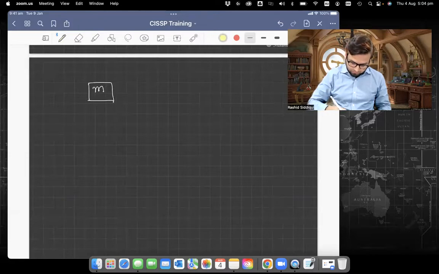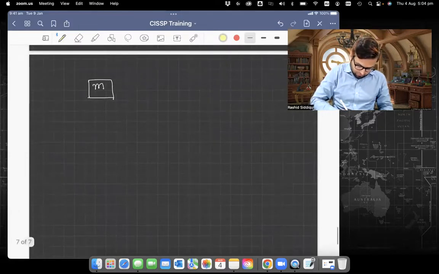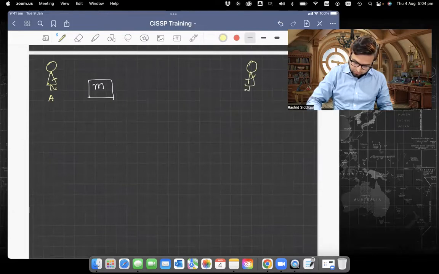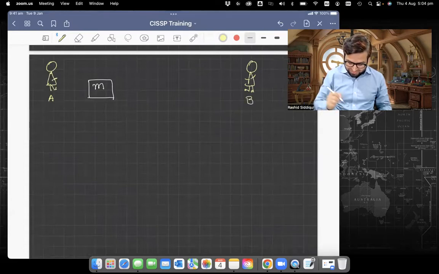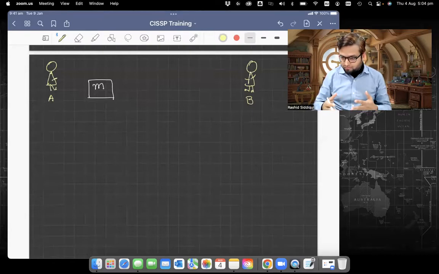there are 2 users. Let's make a story. This is a user A, and this is a user B. This is how I draw users. Now, this is the message M, and this user A wants to send this message to B. Of course, if these 2 people are very near, there is no need for any discussion of how the message can be transferred. It can just be handed over to the person B.